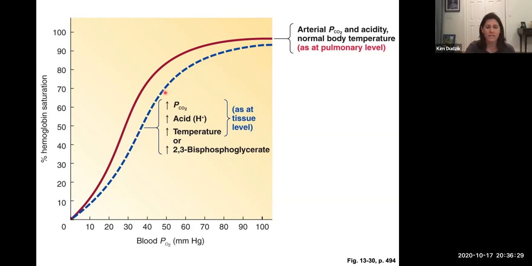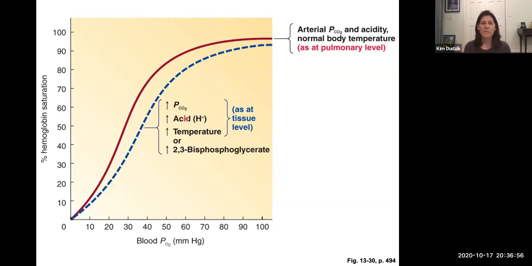So therefore, again, at the same partial pressure of oxygen, it's actually going to release more oxygen because the acidity changed, and that's because the CO2 changed, okay? Acidity doesn't always change just because of CO2. So acidity can change for other reasons, but CO2 does affect acidity, and I'm going to show you in a minute how it does that.